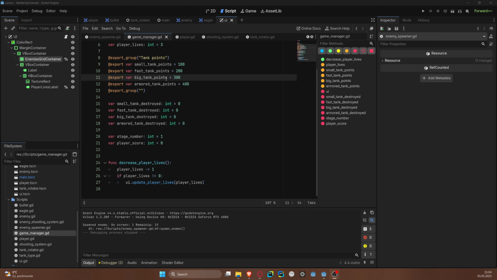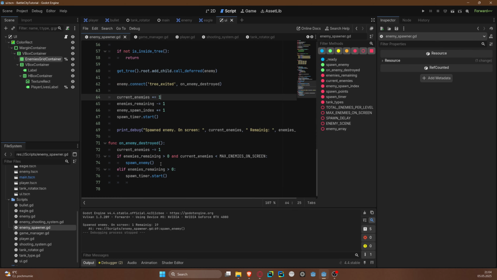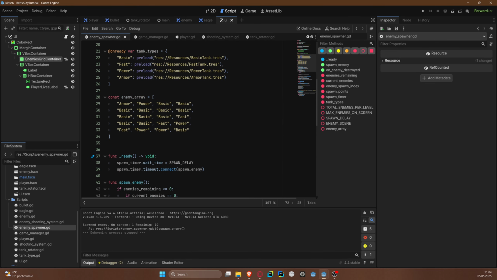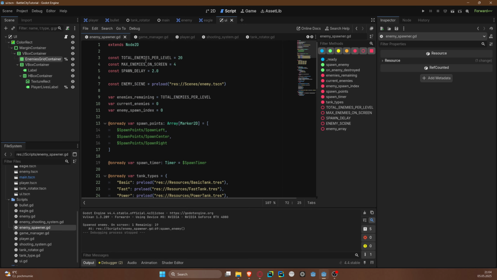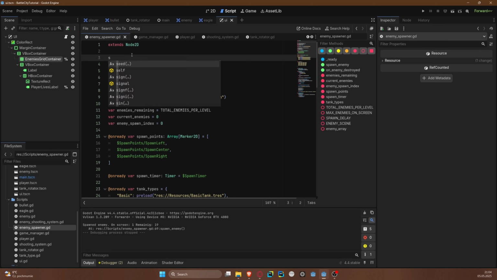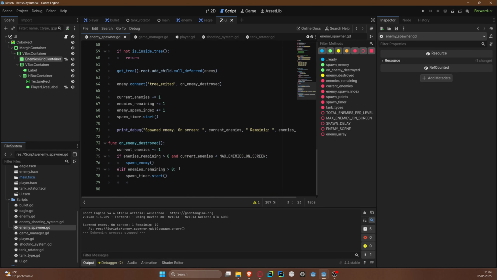What is most interesting is what should happen when the enemy gets destroyed. And to handle that, we'll go to enemy spawner, and here, when we destroy an enemy, we will emit the signal enemy destroyed, and we can say enemy destroyed emit, and then knowing that we have that signal